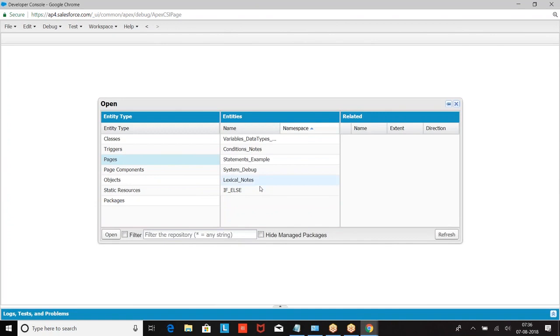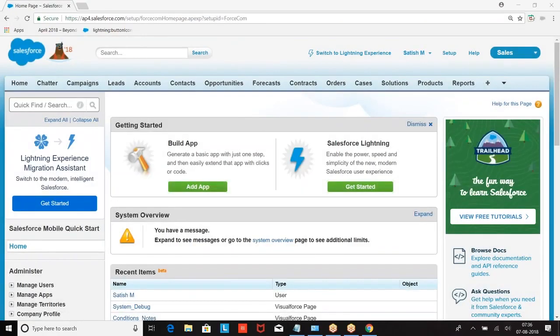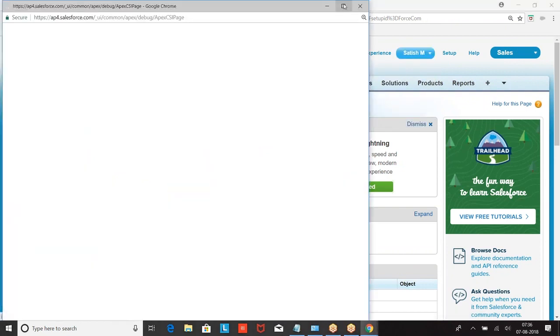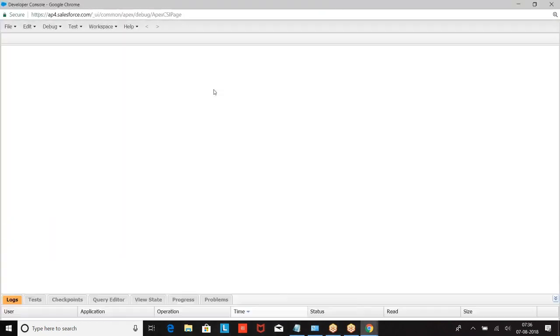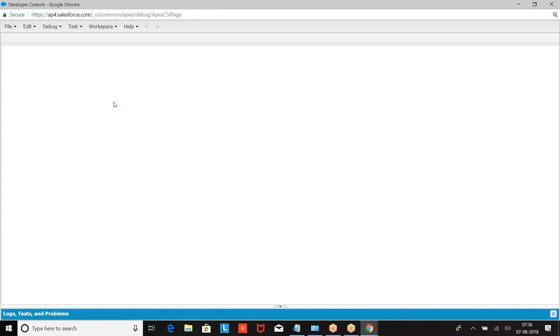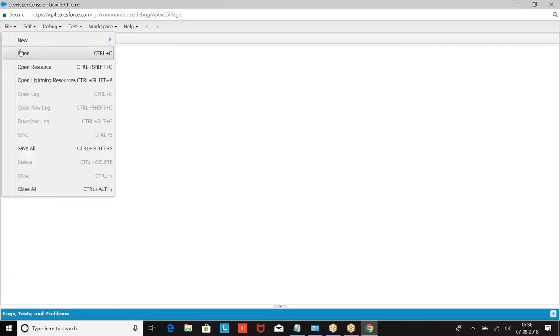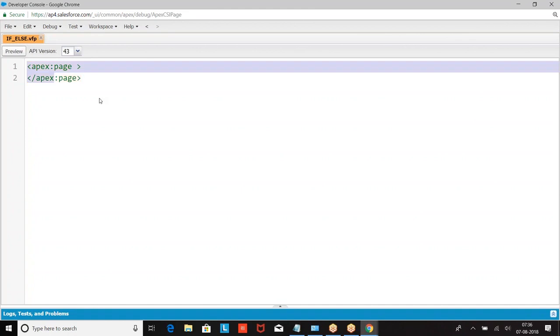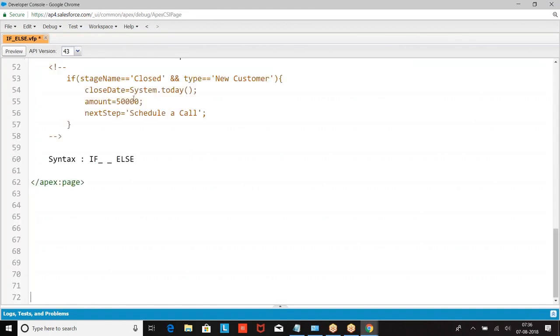If the given condition is true, implement the scope of if. When the given condition is false, what should I implement? So we are going for else. Look at this.